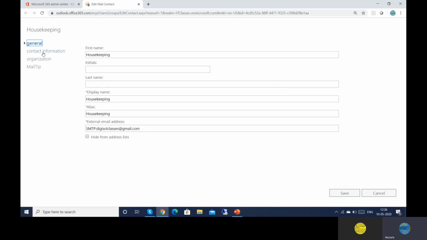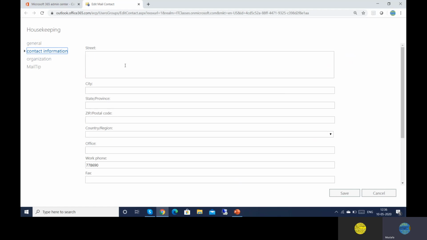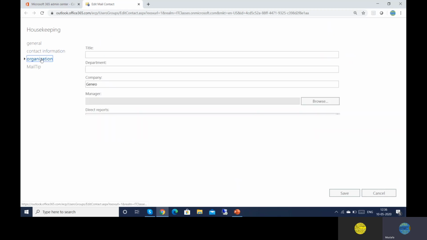Contact information: city, street, you can type city, street as xyz or whatever it is, right? State, zip code, postal code, country. You can select work phone, office fax number. All the information can be provided here.